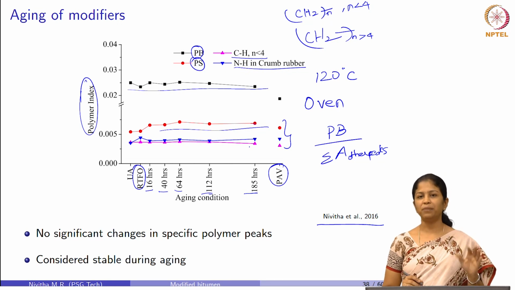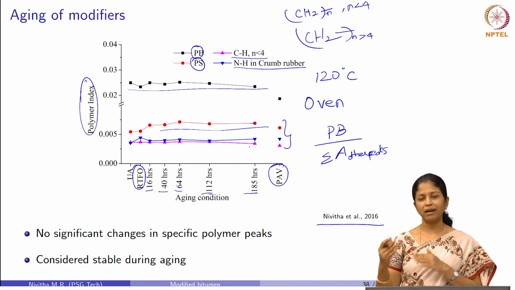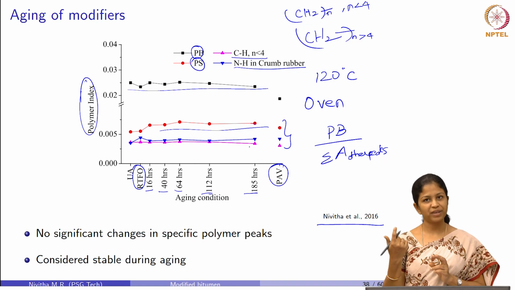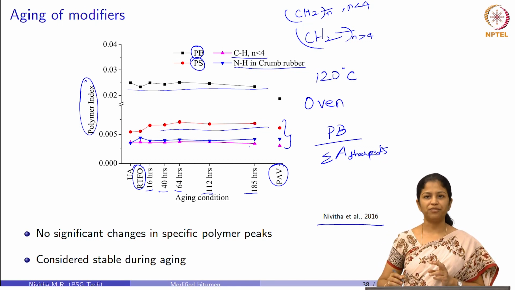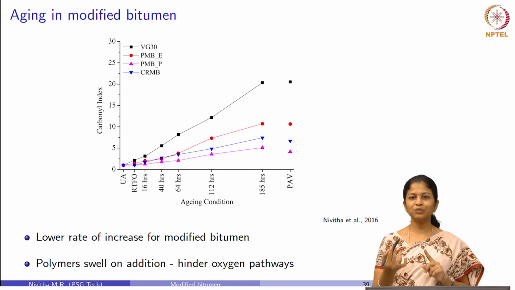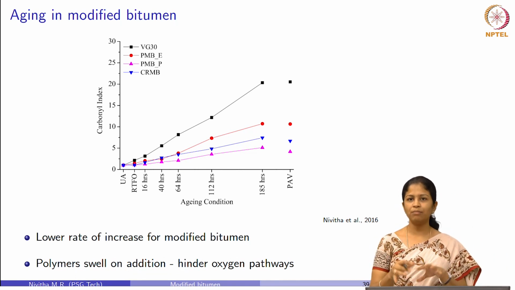So, from this what we can conclude is that during the conventional aging, short term and long term aging, there is not much of a change, or not much aging that happens in the modifier. So, the modifier just remains there and does not contribute to any of the aging that happens in the base bitumen. The next one is we are going to see what is the aging that happens in the modified